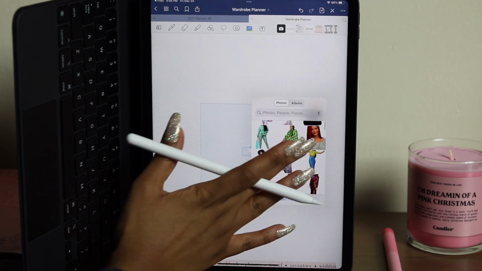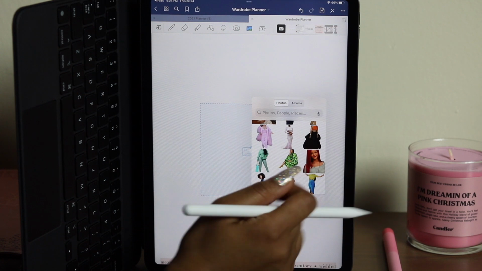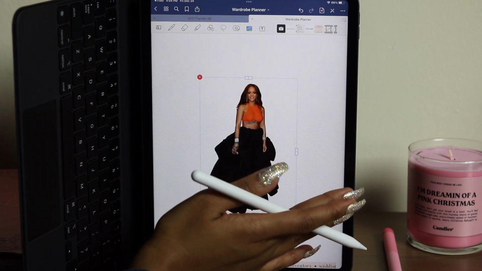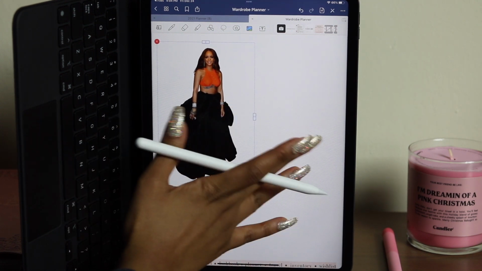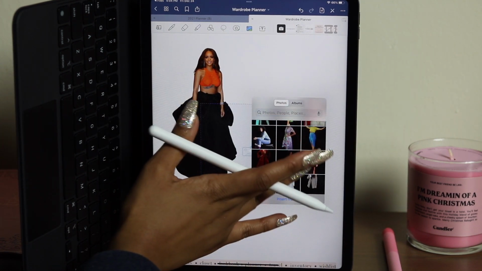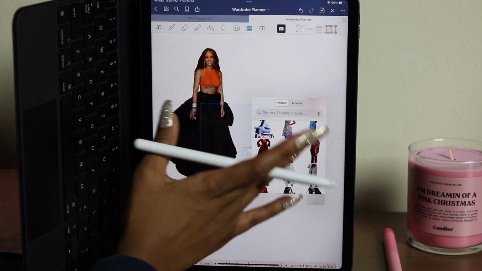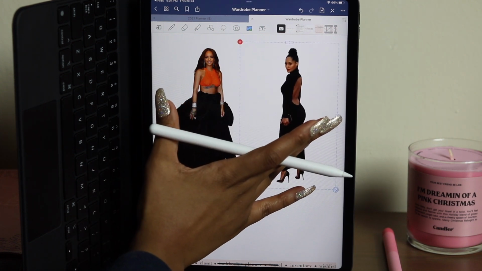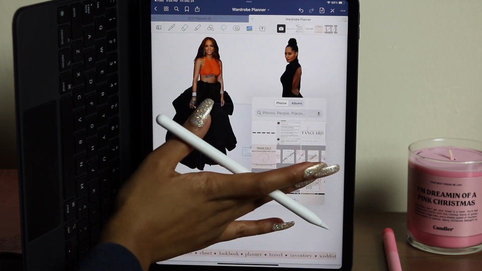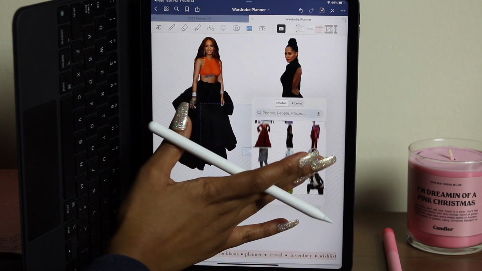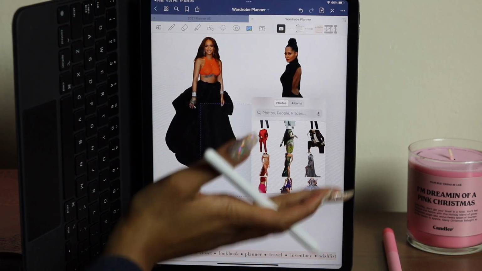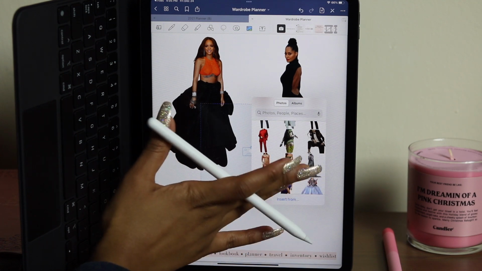So I'm just going to do a quick example of what I would do for a collage for this page. So I got a little bit of Rihanna, definitely one of my faves. So I'm going to pull one of her looks into this, and we'll put her off to the side. And then I'm going to do a little Tracee Ellis Ross as well. That's another one of my faves. And that one has a background. I don't know why, but that's okay. It'll still work for demonstration purposes. And then for this last one, I think I want to do a little Zendaya